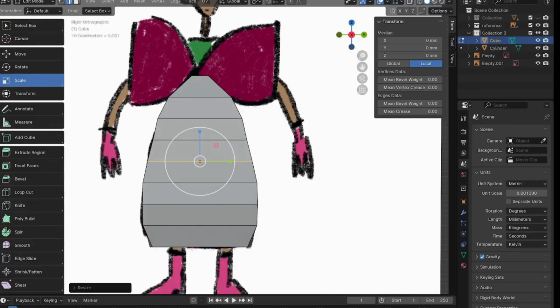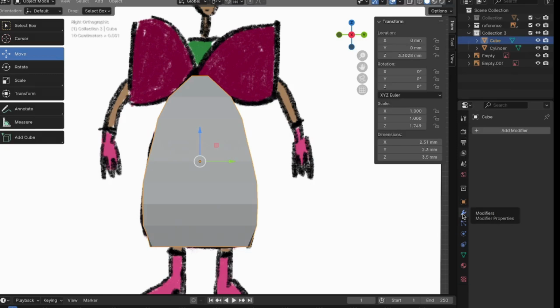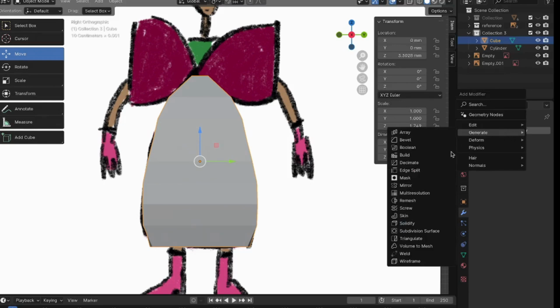So to modify something, go into object mode, make sure your object is selected, and go to modifiers. To get a modifier, you want to go to the right hand side, and there is a vertical section here, and the icon looks like a wrench or a tool. So you click on that, and I want you to add a modifier, and in generate we're going to do this thing called subdivision surface. So it's essentially going to split this object up, and you should start to see a slightly more organic